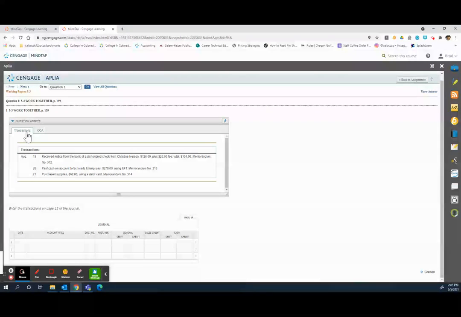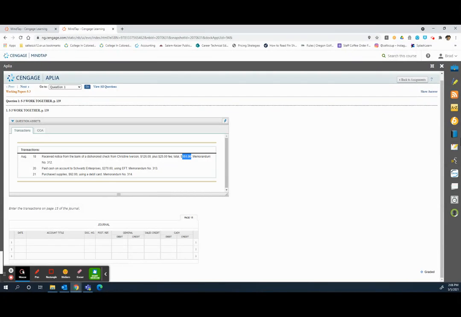In this problem, we have received notice from the bank of a dishonored check. What this means is this woman, Christine Iverson, wrote us a bad check, or a check where she had insufficient funds. She wrote us a check for $126 to pay off a debt that she owed us, but she didn't have that much money in her account. Now, the bank is charging our business a $25 fee. Doesn't seem to make sense, I know. But we are now out $126 that she had written us, and we're also out $25, for a total of